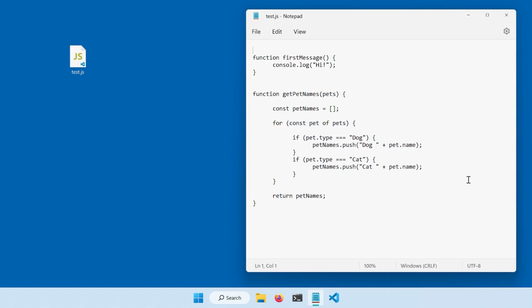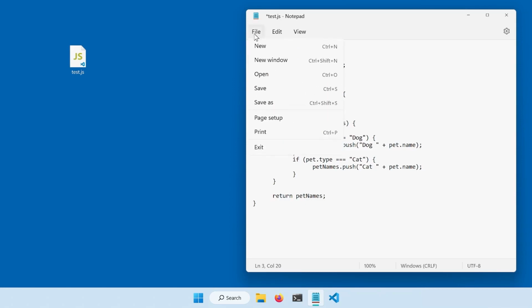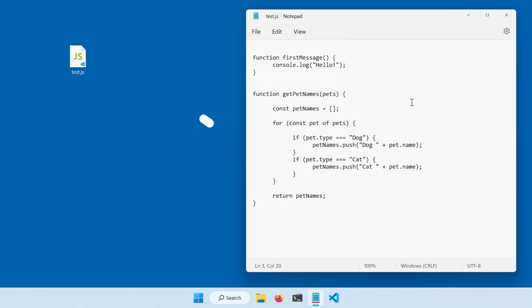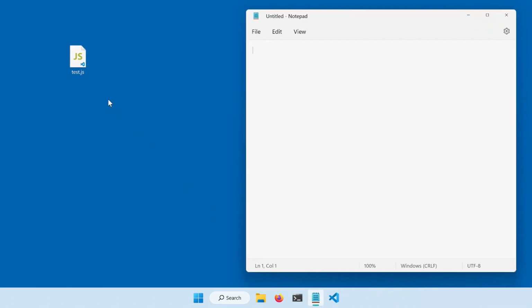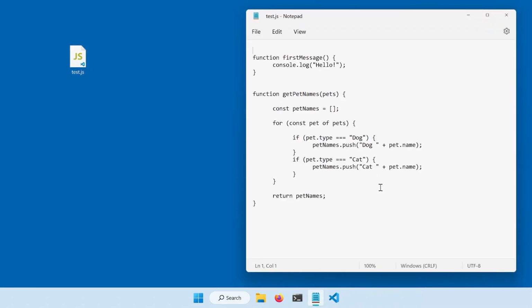With the code editor, I can change this text if I want to. For example, I'm going to change this word hi here and I'm going to type hello. Now I'm going to save these changes by clicking on File and Save. And now the file will have the change I just made. So if I close Notepad and open the file again, I can see that it has the word hello. And I can do any change that I want to this text. I can remove more lines or change it in several places and click File, Save, and the file will have these changes.